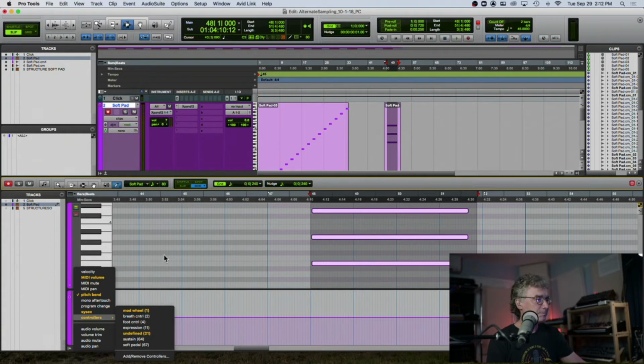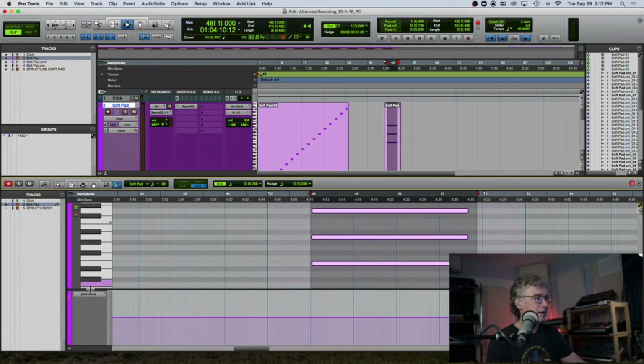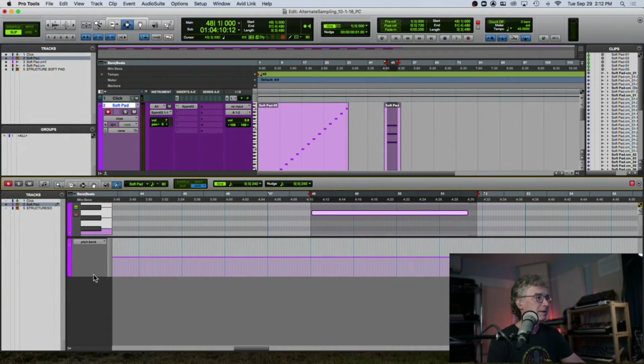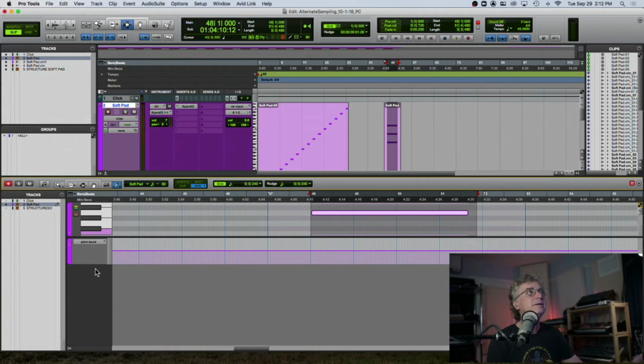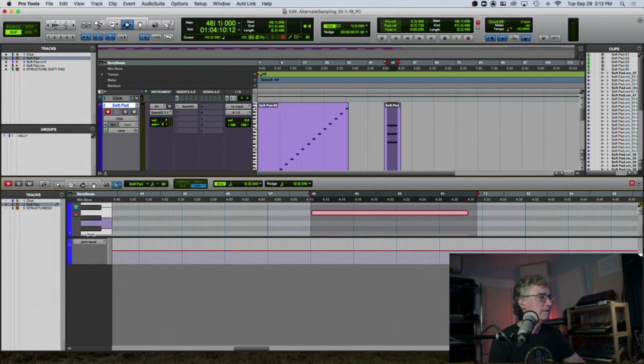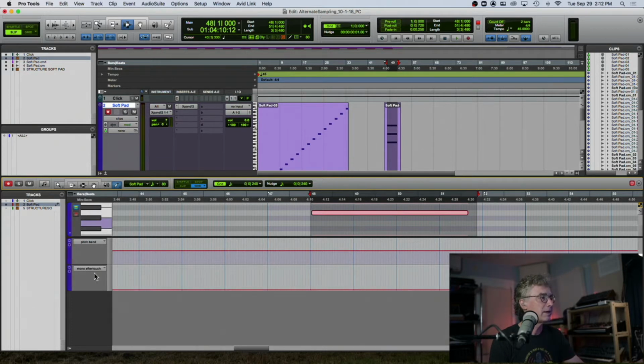Now, the other thing is that you can have multiple lanes showing at once. It gets a little crowded if you do this with your laptop, but I'll just show you. There's a little plus sign here. Let me change the color so it's easier to see. It's not really easier to see. Okay, there's a little plus sign right here. Click on that and you add another lane and you can select whatever you want. So I could see velocity and